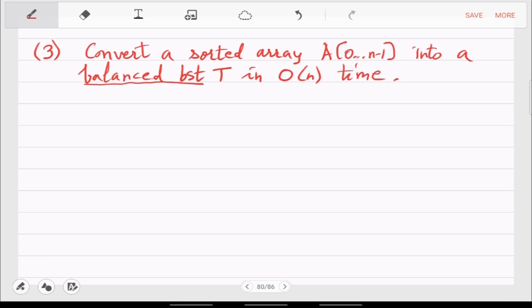Well, because of the arithmetic, you are using mid and then mid by 4 and mid times 3 quarters. So because of that, it will be balanced. Why will it be a search tree? That is because of the sorted assumption. So it will be a balanced binary search tree. Binary because you are looking at only 2 children. So this is just a sophisticated binary search process.